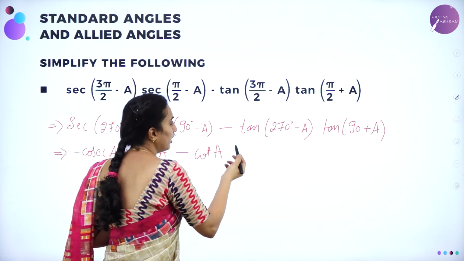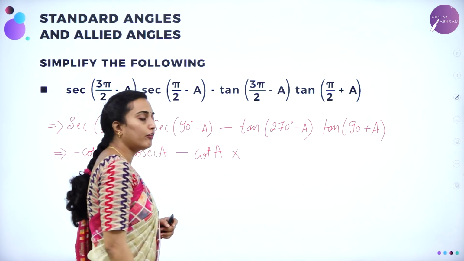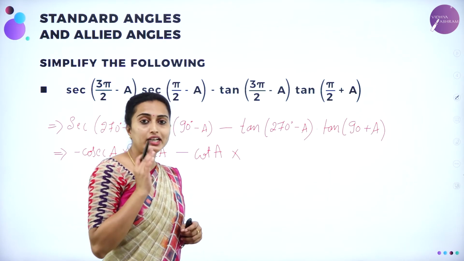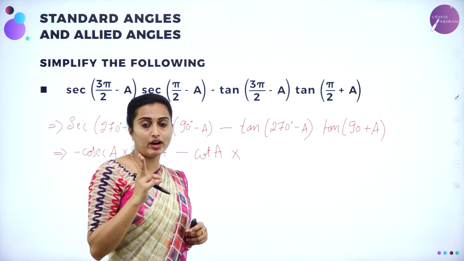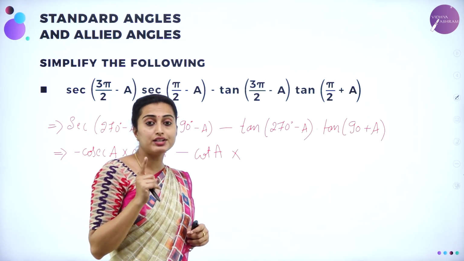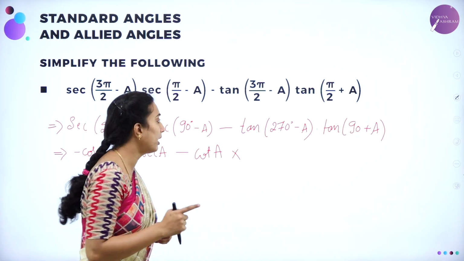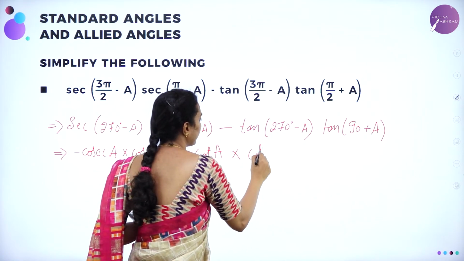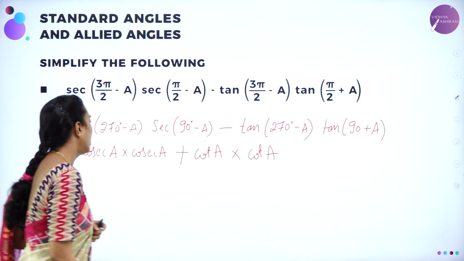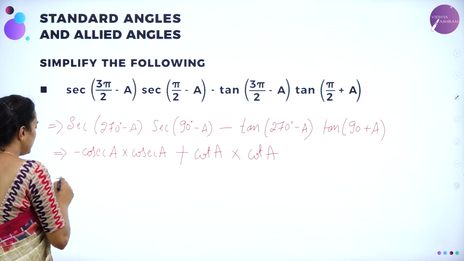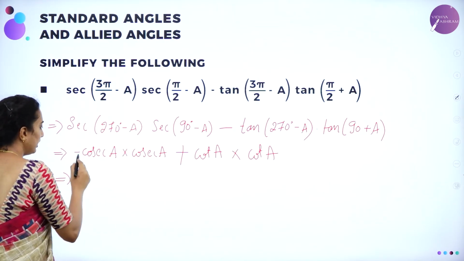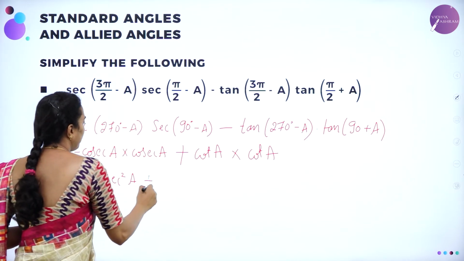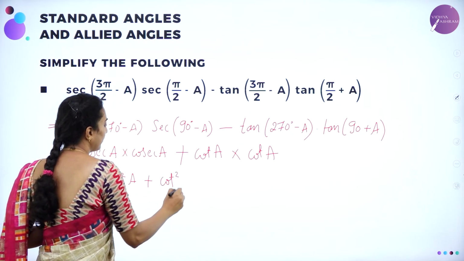Now into tan of 90 plus a. Tan will be changing as cot. Now 90 plus a falls in the second quadrant. In second quadrant tan is negative. So it will become minus cot a. Already minus sign is there. Minus into minus is plus cot a. So here you can have, which implies, cosecant a into cosecant a, minus sign is there, minus cosecant squared a plus cot squared a.